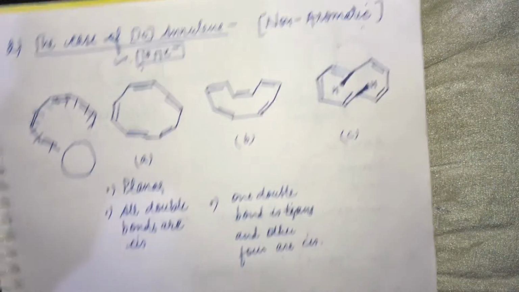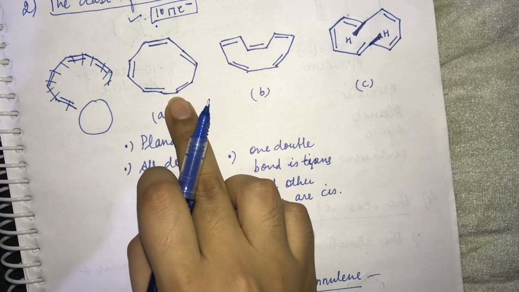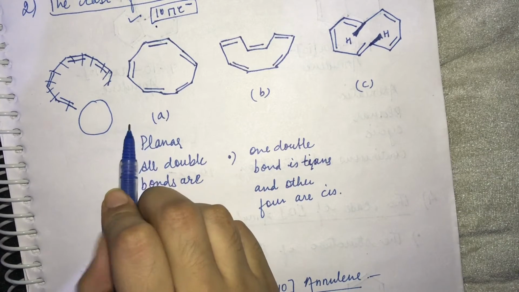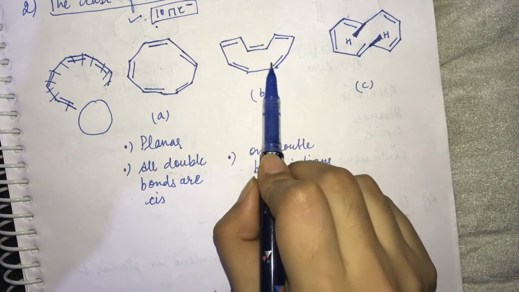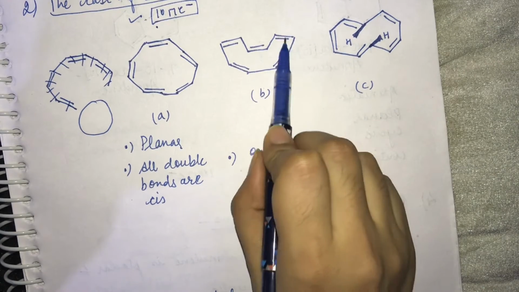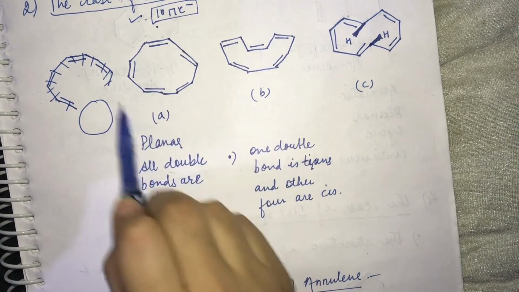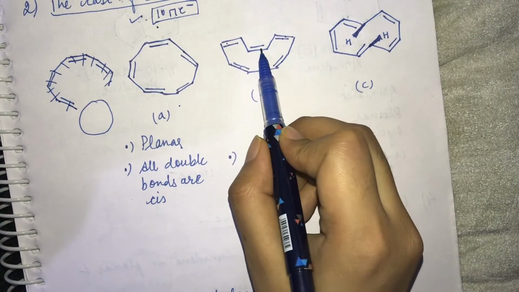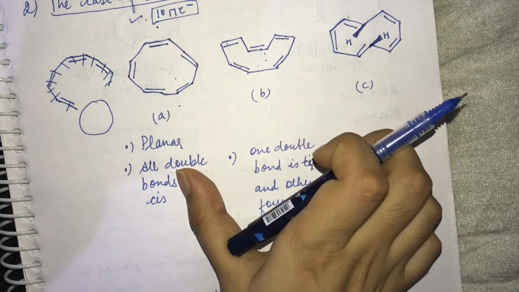If one looks at the structure of this molecule, if we draw this structure, which seems to be planar, although all the bonds are cis, if we consider it to be like this, then we have one double bond at trans, which is this bond, and the other four double bonds are cis. In these structures we have 4 cis bonds and 1 trans. In both these situations there is a lot of angular strain in the ring.